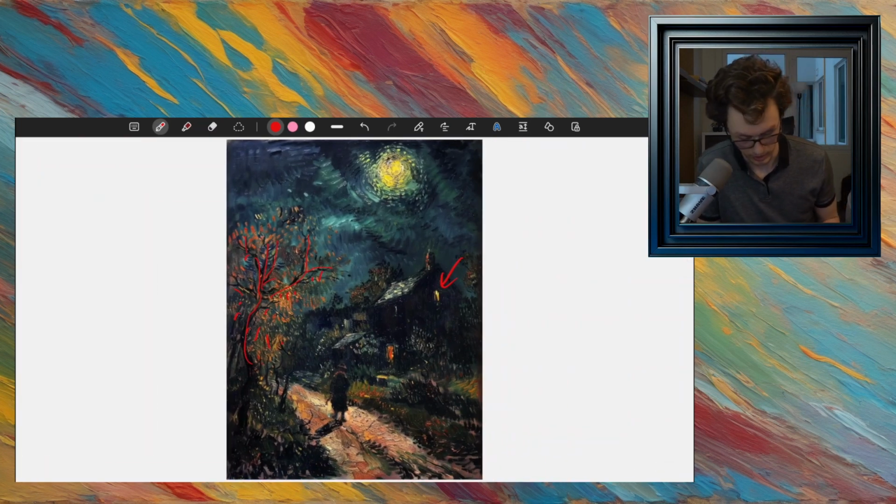What else do I see here? I see that this person has a shadow, right? Their shadow is being cast onto the path here. And I wonder where they're going. I don't know. They're going to go down this path, but I don't know where after that. Anyways,